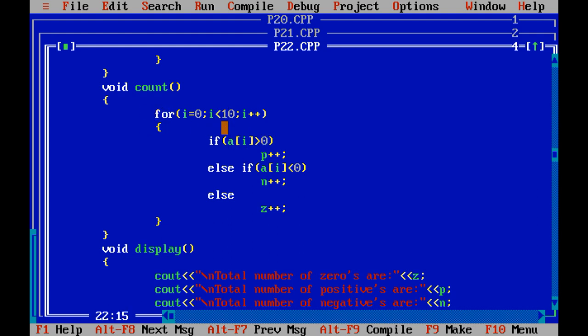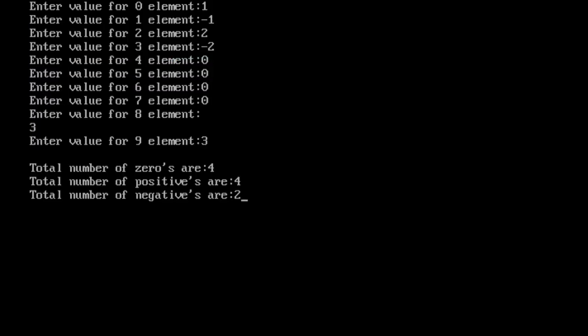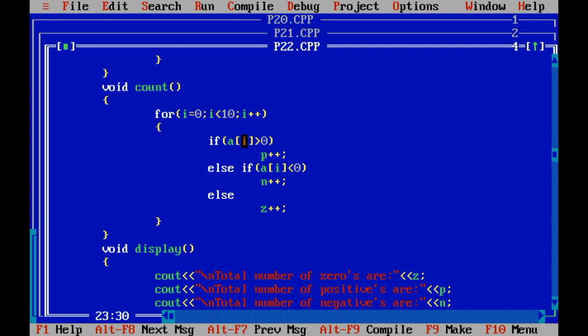One by one, it will check the value of a of I. A of I means initial value of I would be 0. So a of 0, what is the value of a of 0? That is 1 in our case, right? So 1 is greater than 0. So value of p would be 0 first, so it will be incremented by 1.